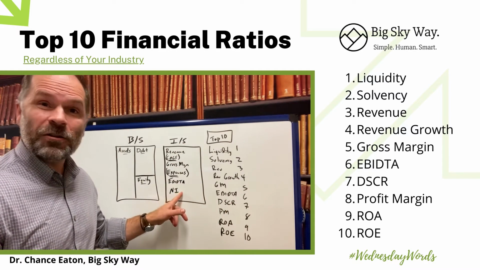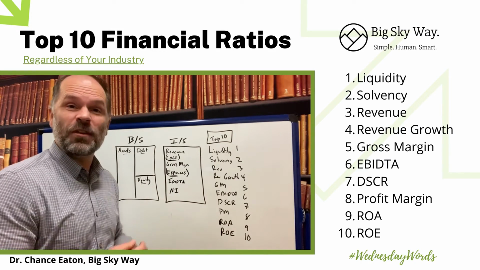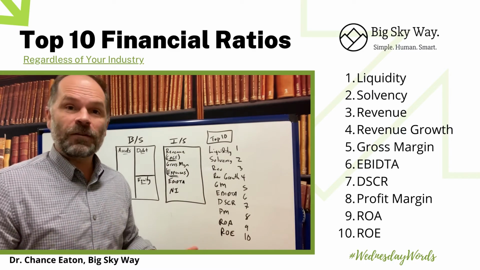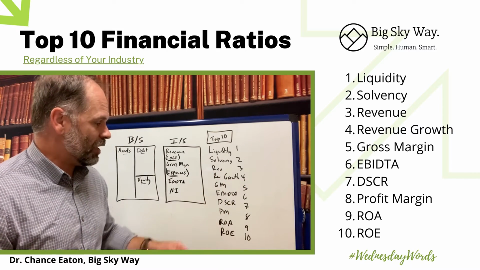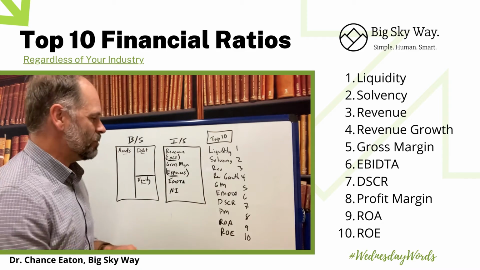And then, of course, we get down here to net income. I'm interested in that number, but more importantly, I'm interested in the net profit margin, the net income relative to revenue. And that's going to be different from industry to industry. Now, for our last 2 metrics, we have return on asset and return on equity. And these are probably the first numbers I actually look at to round up my top 10.